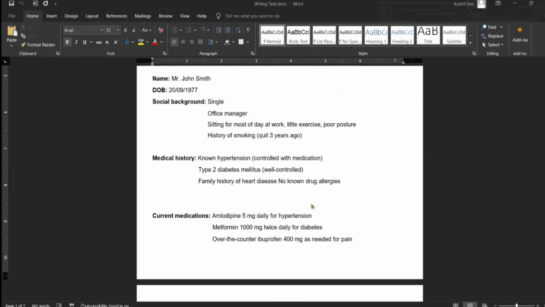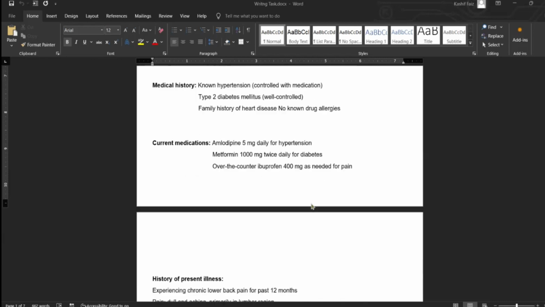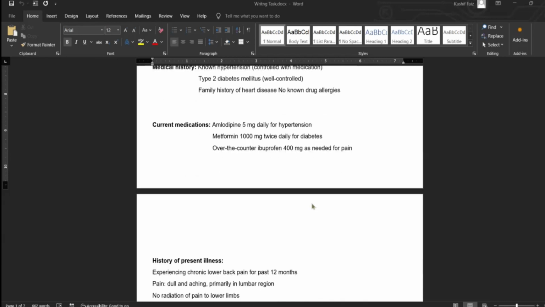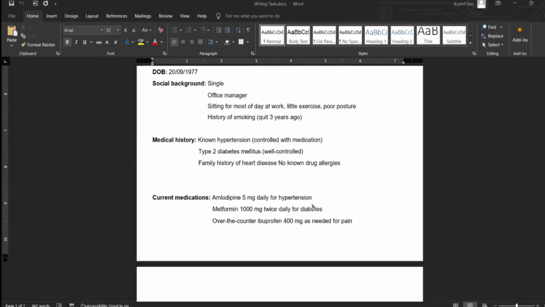single office manager, and during his job, he's sitting all the time, not doing any physical activity, and he is a smoker, and